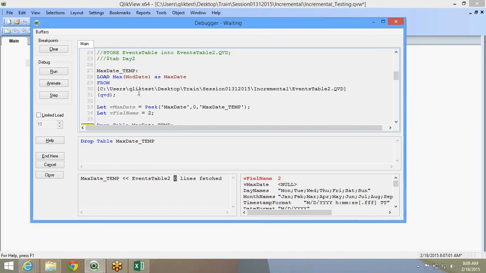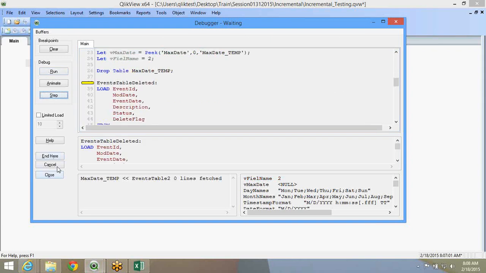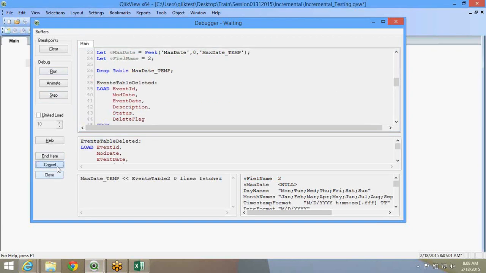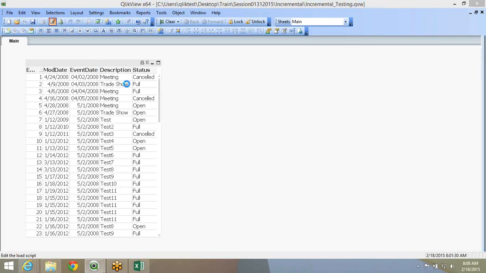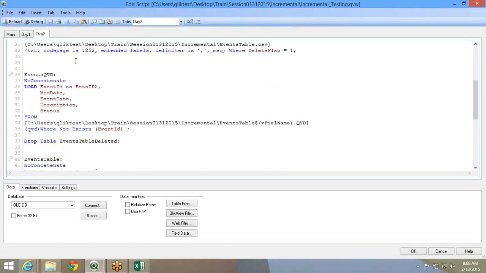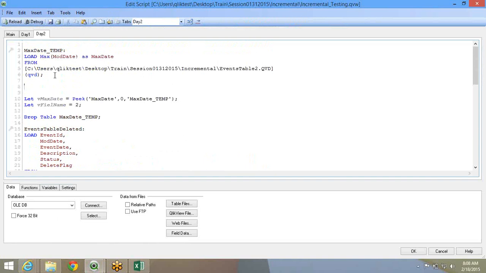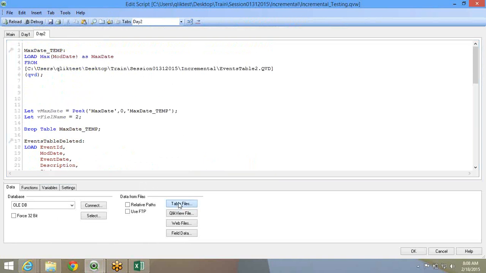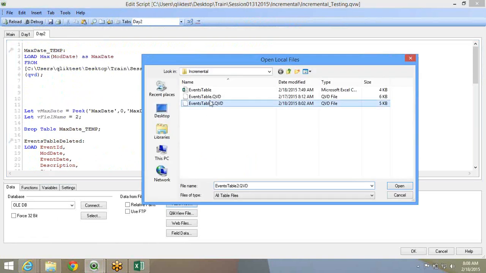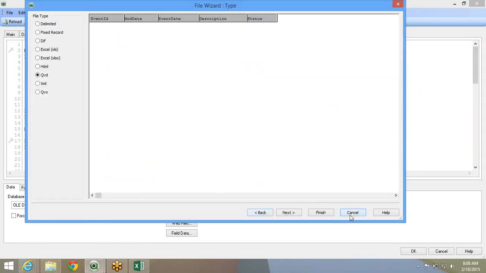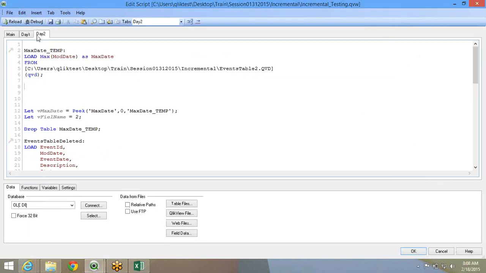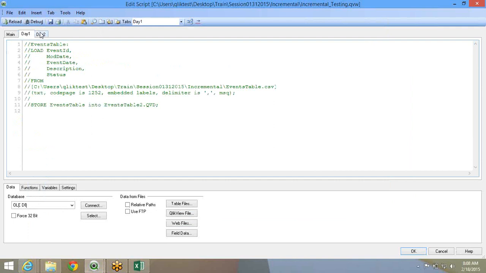Okay, so when it's the same file, it's strange, why is it not working? Okay, I'll just cancel it here. Let me just see why this is not bringing the right data. I'll have to bring in that events table to QVD. Oh, okay. So this events table 2 does not have any data.